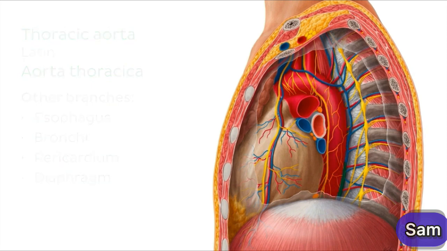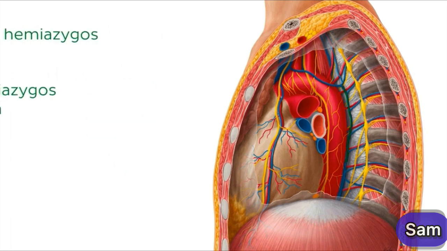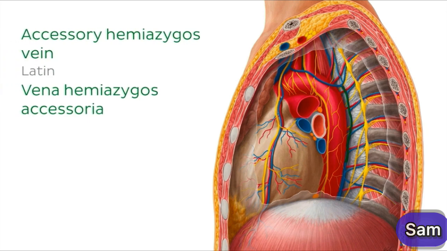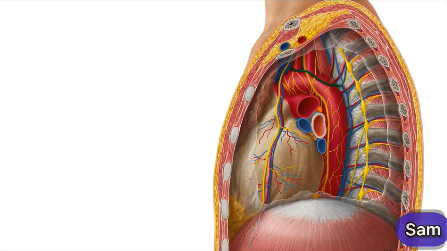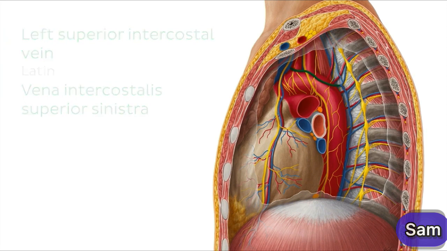Running laterally to the descending thoracic aorta are the hemiazygous and accessory hemiazygous veins, which receive the drainage from the left posterior intercostal veins. And in this illustration, you can also see this vein here, which is the left superior intercostal vein, which drains the uppermost intercostal spaces. And finally, before we complete our study of the posterior mediastinum, let's just take a moment